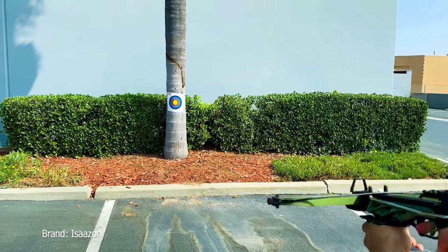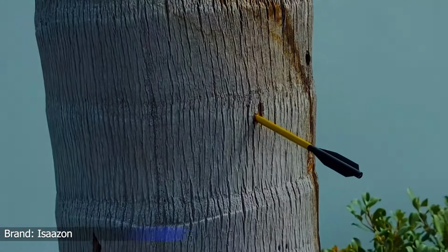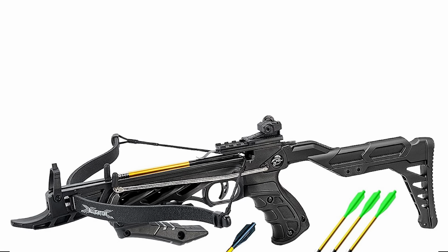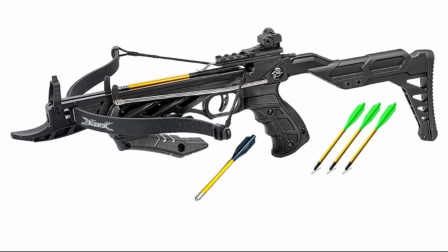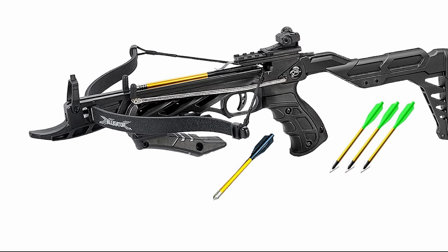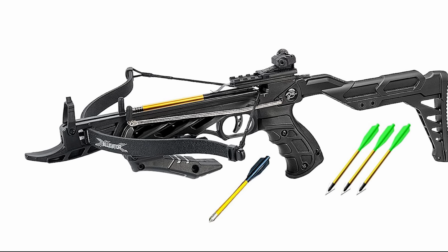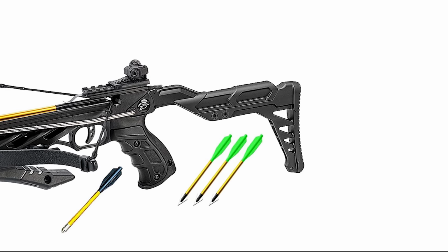Built from a mix of fiberglass and aluminum, the crossbow weighs 1.8 pounds, which allows for easy handling during practice or while in the field. Its black color gives it a clean and simple look that blends well with outdoor surroundings. This model has a draw weight of 80 pounds and produces arrow speeds reaching 225 feet per second when used